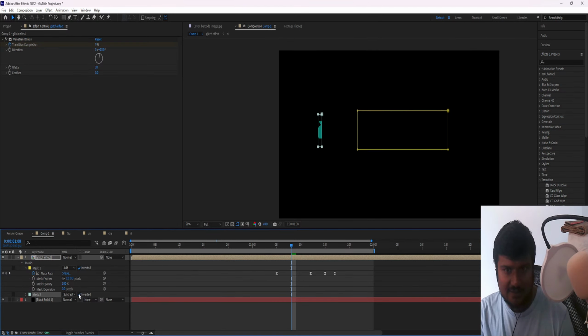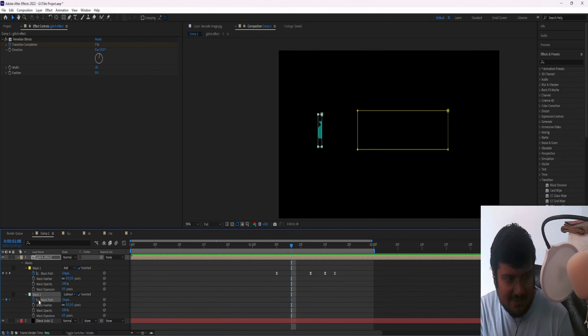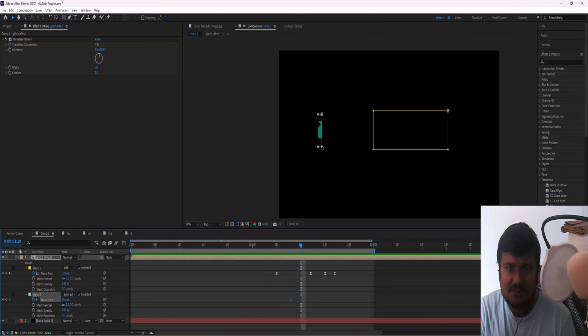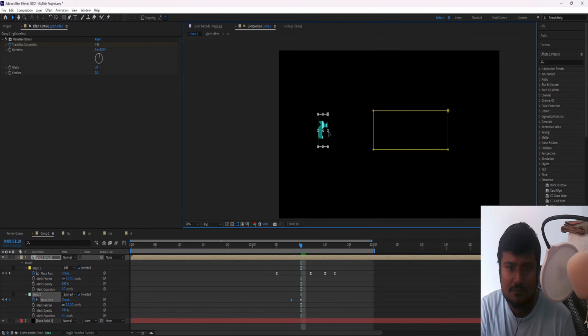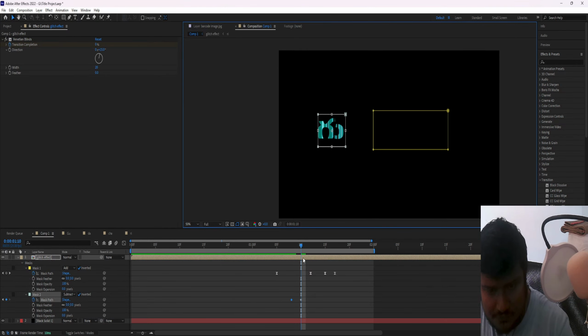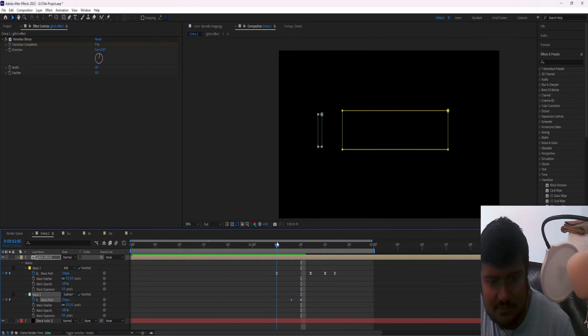Now hit invert, and you can add the same keyframe over here, mask path, and expand it till here. Now if you see,